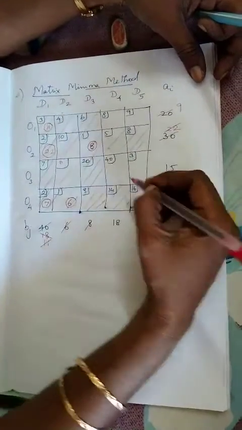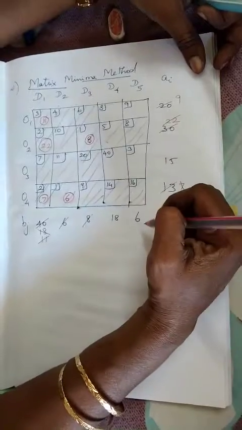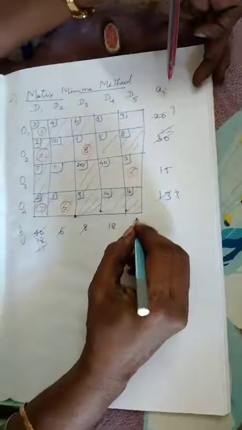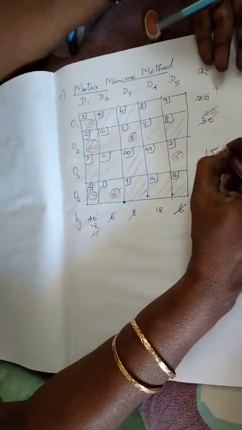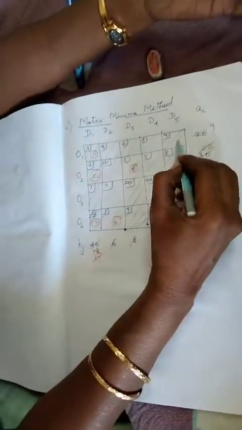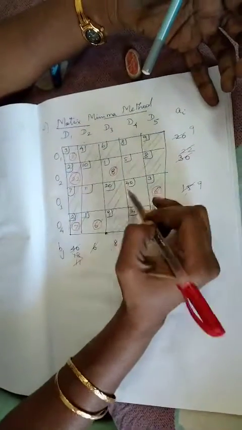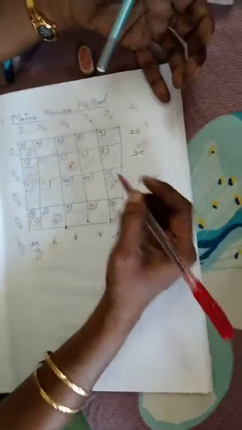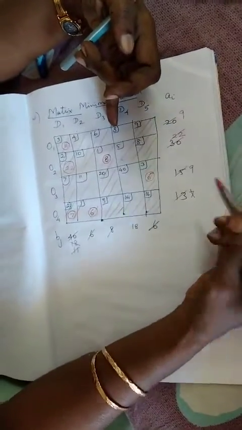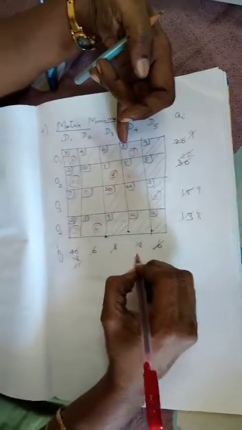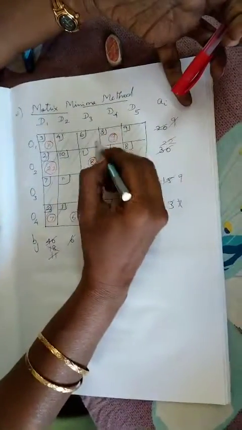Here we have the minimum in the cell with cost 3. There you can put the allocation 6, which is the minimum of 6 and 15. So you can strike out 6, and here the remaining is 9. So you cannot put any more allocation in the fourth column. Strike out the fourth column, and there are 2 more cells. The minimum cost is 8. There you can put allocation 9 and the remaining is 9. So the first row gets cancelled.